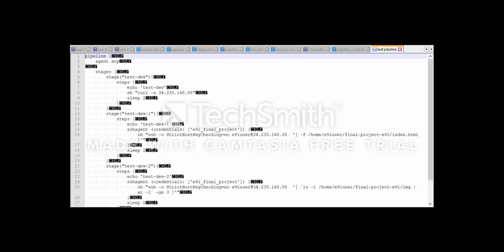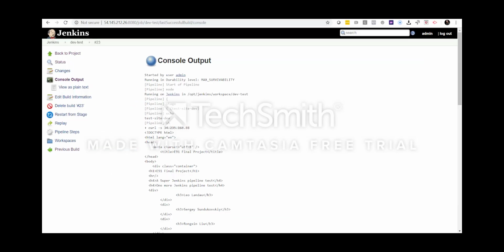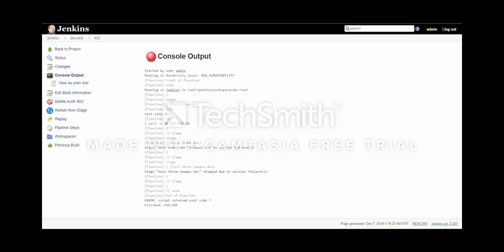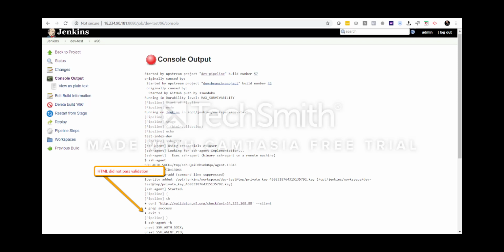Jenkins testing pipeline scripts consist of multiple tests that execute for a particular environment. Tests are checking for server up/down condition, missing index.html page, and missing images. In addition, one of the Jenkins pipeline tests checks for validity of the index.html page. If the page is invalid, the Jenkins build halts and goes no further. As development, stage and production tests pass, code is being merged along the way from dev to stage to master